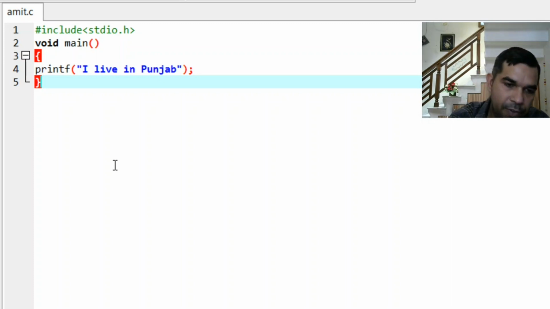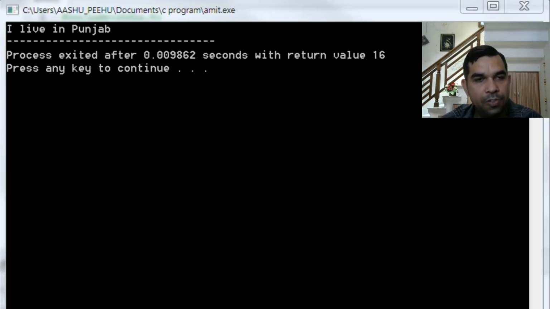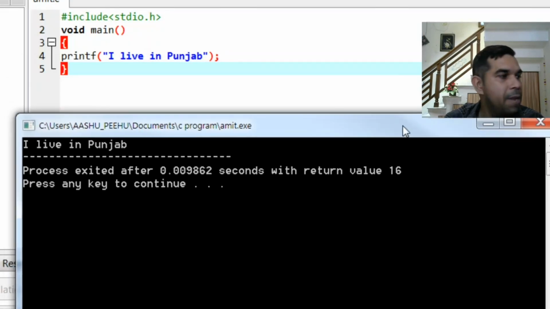So let us first compile this, and here my command is F9 and there are no errors. As you see on your screen, the output is I live in Punjab. So this first line that is visible to us is the output that we have written in our main program.